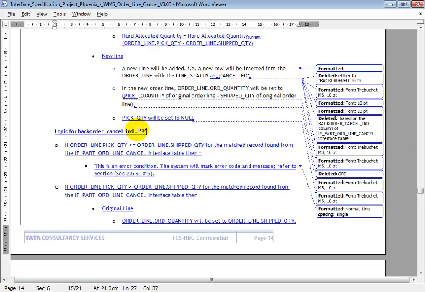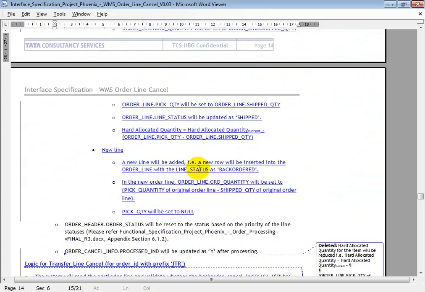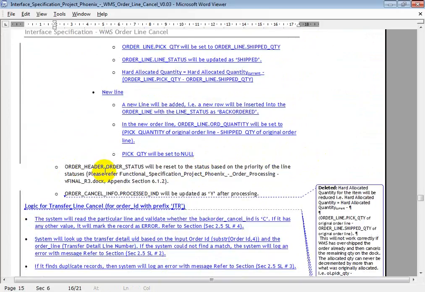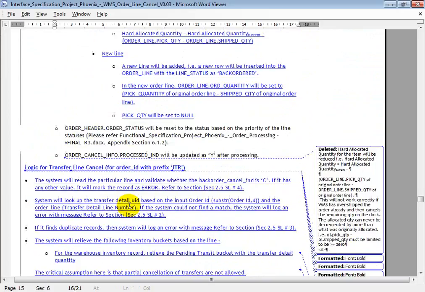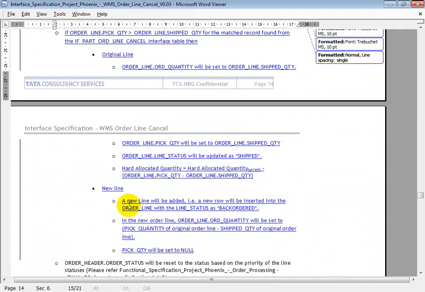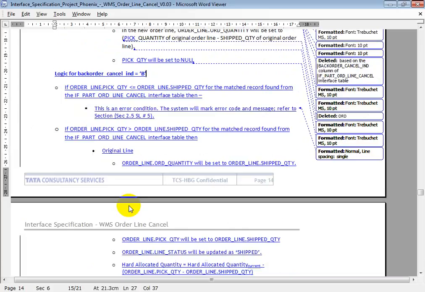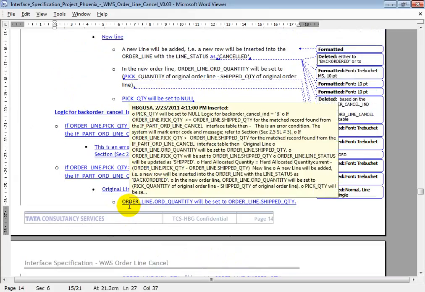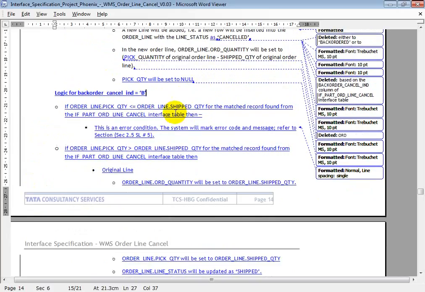So you just need to know the logic for the backorder cancellation B and C. If it is a new line, if it is B, then order.